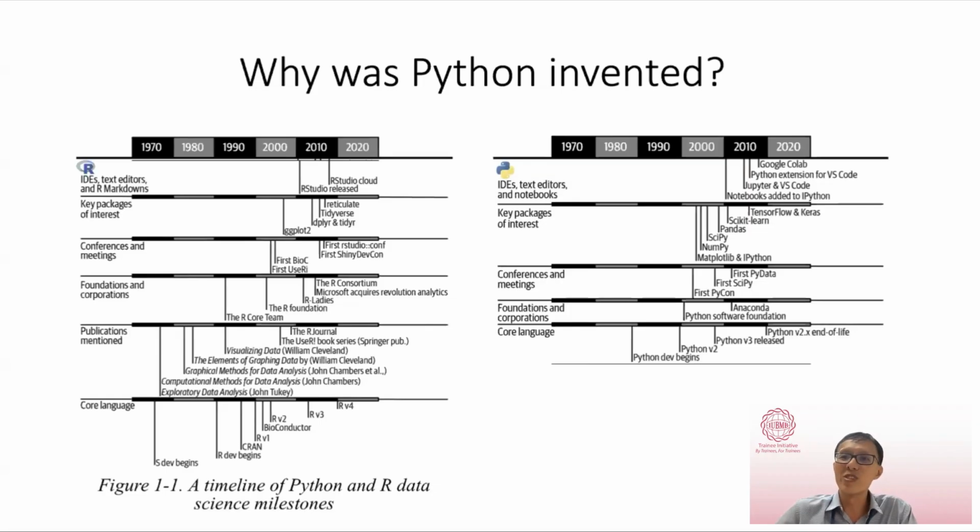But what was also interesting is that the language took a slightly different trajectory compared to R, in that a lot of the machine learning packages started to be developed in Python, including machine learning, deep learning, and artificial intelligence, which are developed in Python much more than R. So if you are thinking of machine learning and AI, definitely Python is a language that you cannot escape.